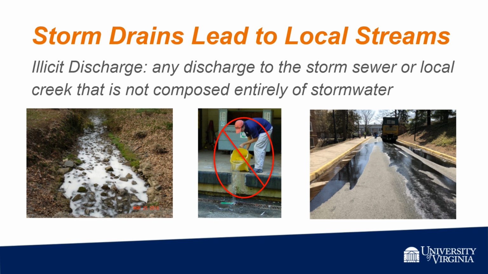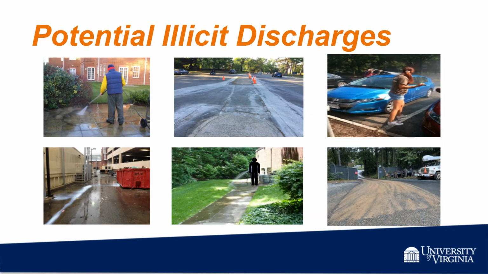An illicit discharge is generally defined as any discharge to the storm sewer system that is not composed entirely of stormwater. Some examples of activities that can cause illicit discharges include power washing, saw cutting pavement, washing vehicles on pavement, leaks from dumpsters, drums, or other material storage containers, using chemicals to wash equipment, and tracking mud onto pavement or allowing mud to run off a site onto paved areas or directly into streams. Other sources can include leaks from vehicles, equipment malfunctions, and sanitary sewer overflows.